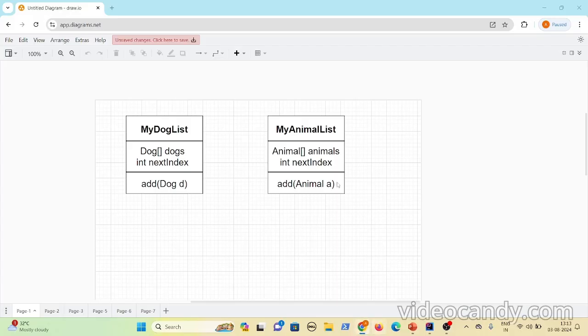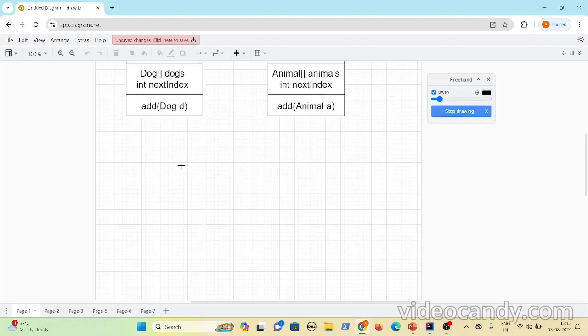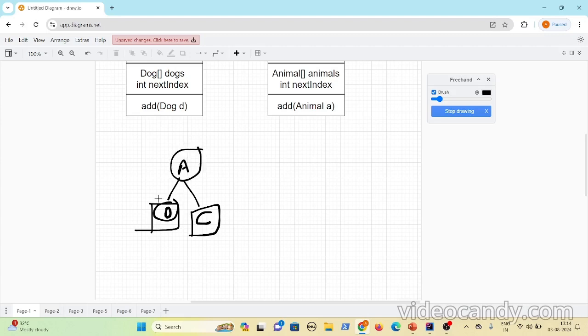So let me draw a diagram and show it here. Till now, animal is the superclass. Under animal you have dog, and then you have cat. Initially you created an array list separately for dog and separately for cat. Since that results in more work, instead of using these as reference variables, we have used animal as the reference variable. Because of this, you can add all these subclasses to the animal list.